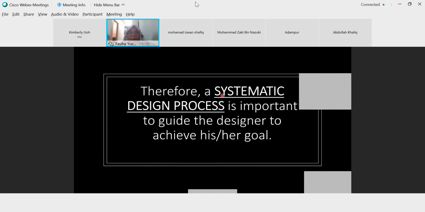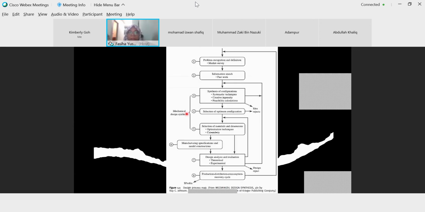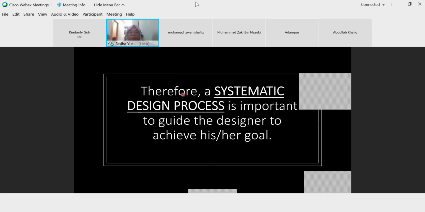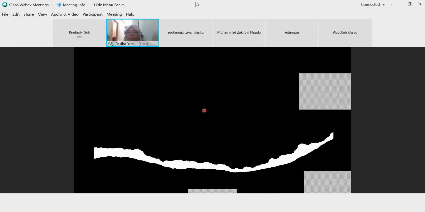So this is like a conclusion to you on why this subject, this design process, is so important. So, back to the design process: there must be a systematic design process.